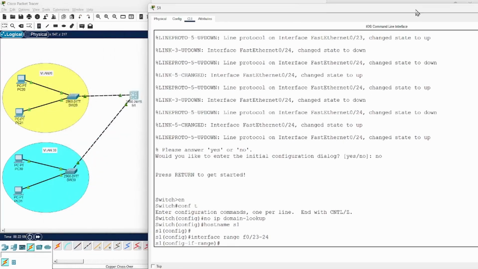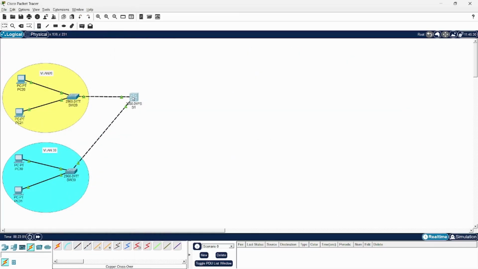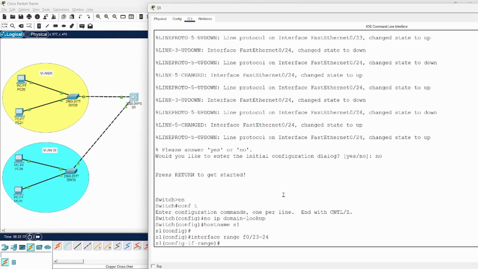Here I'm selecting those two ports that are connected to VLAN 20 and VLAN 30. I type interface range to configure both ports 23 and 24, which is those two ports. This one is 24 and this one is 23. So I can configure both ports at the same time. Next, I'm gonna make them trunk, so I'm gonna type